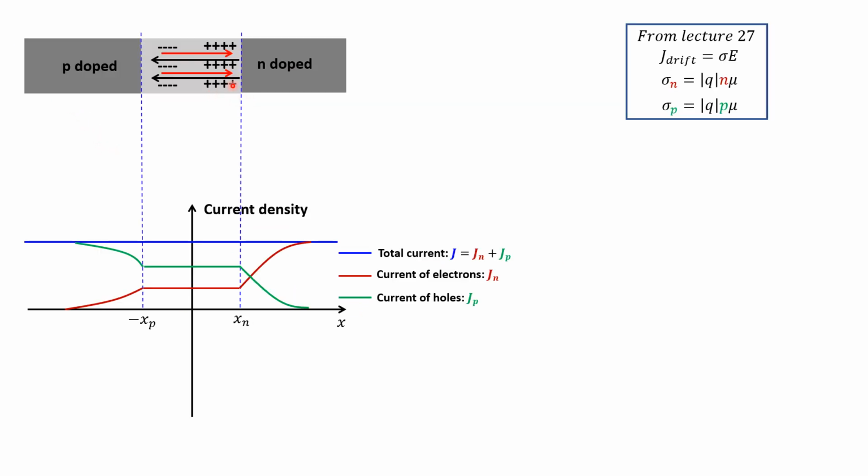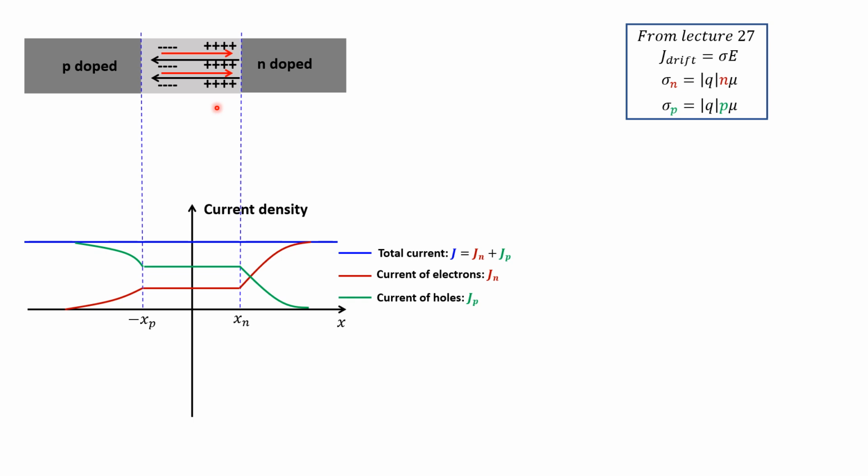Now recall from previous lectures that this black arrow represents the internal electric field and the red arrow represents the external electric field of the p-n junction in forward bias. And we have been assuming that the external electric field is also entirely confined within the depletion region. We've been assuming that there is no contribution of the external field, neither in the p nor in the n-doped side. So in this lecture, we need to justify a bit better why the external electric field is confined within